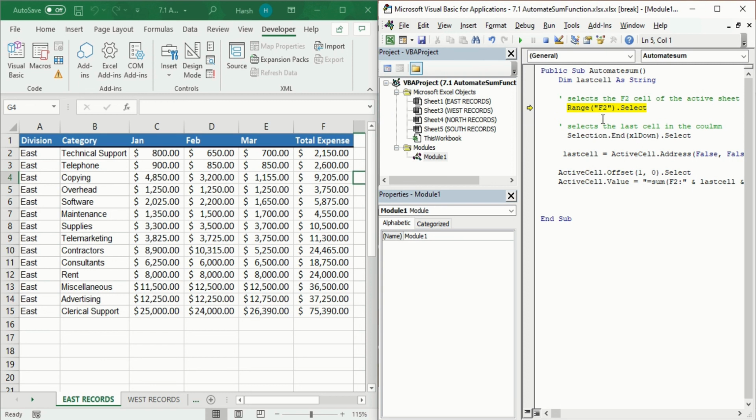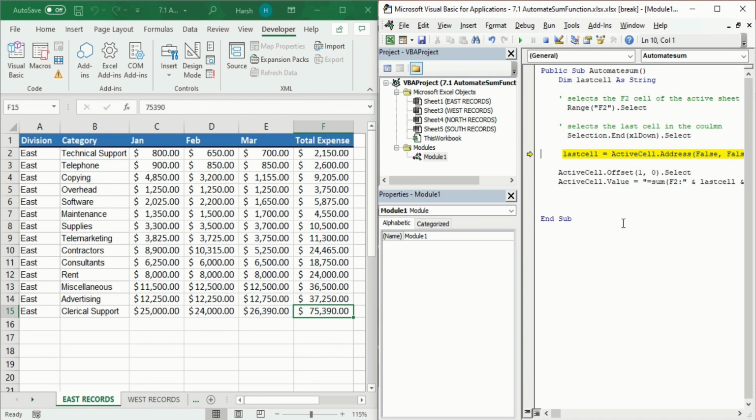And now it selected the range F2, and again F8. So you have seen that it has selected the F2. Now when again I click on function F8, it will select the F15, because it shows that selection end is xlDown. So you can see, again function F8, and you will see that F15 is selected now.